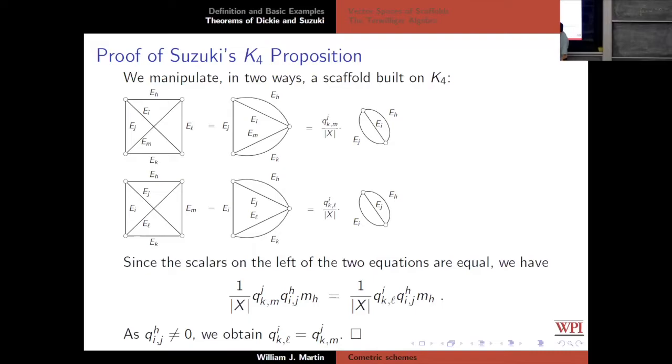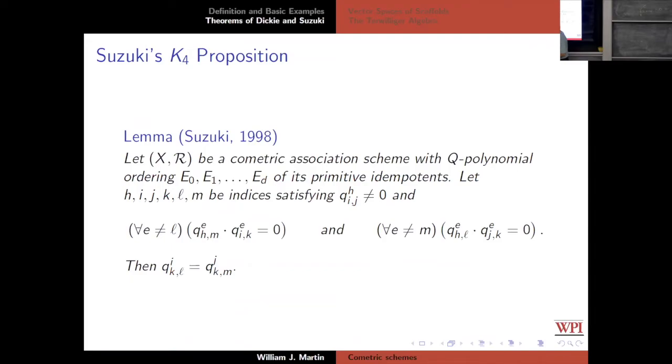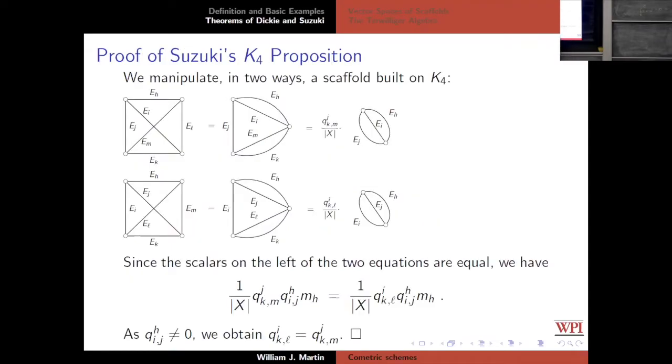Now you see that IKE is 0 or MHE is 0 except for E equal to L. So I can squash those 2 nodes together. One of the hypotheses was that IKE or HME, one of those, is 0 except for E equal to L. All of the E's disappear except for that particular one. Now you have this little pinch star, right? So you have EJ times EK, EM, and now you know that the only thing that shows up is the scalar